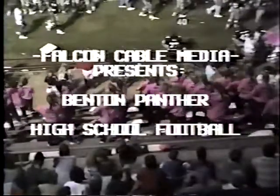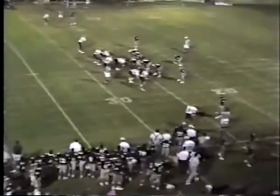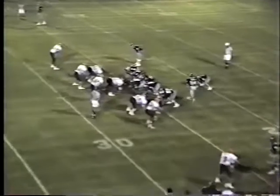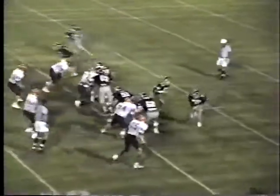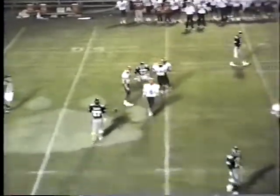Along with Rob Patrick, as we enter the final quarter, Panthers have it first and 10 at their own 26-yard line. Collett's okay. He was shaken up on that play, but he's okay. It's still in there. Lone setback behind Collett. Man in motion to the right side is Rogers. Collett wants to throw. Rolls back toward the middle. Throws down the middle. Almost picked off. Pass intended for...